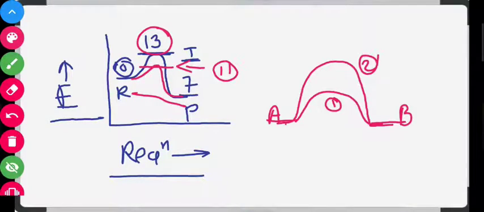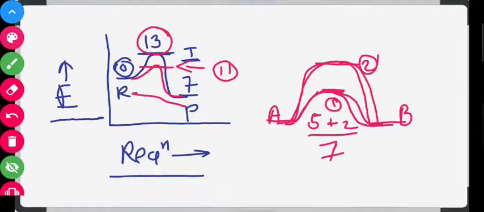Reason: in the first hill you have to climb a comparatively low height and then come down from a low height as well. Suppose it requires 5 minutes to climb and 2 minutes to get down, total 7 minutes. But the second hill is comparatively higher than the first one, so it requires more time to climb and similarly more time to come down. Let us say it requires 10 minutes to climb and 4 minutes to get down, so in total you need 14 minutes. Okay, so the same type of situation will occur here.